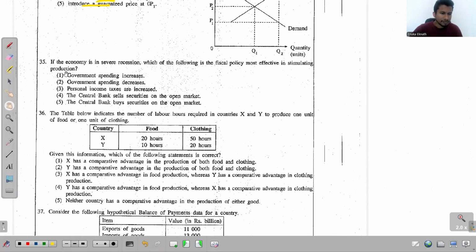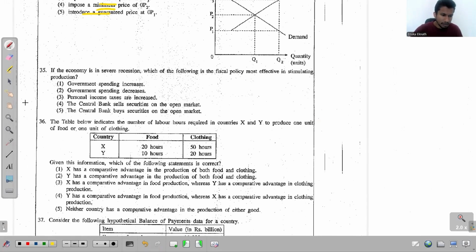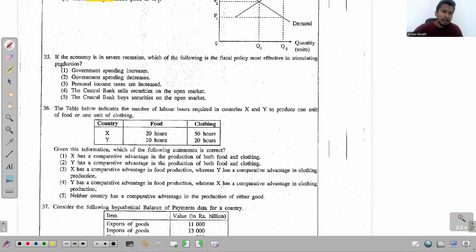Right. Now look at this question number 35. If the economy is in severe recession, all right. So the economy is in a severe recession. Which of the following is the fiscal policy most effective in stimulating production? So they just ask us to recognize which one of the following is the fiscal policy most effective in stimulating